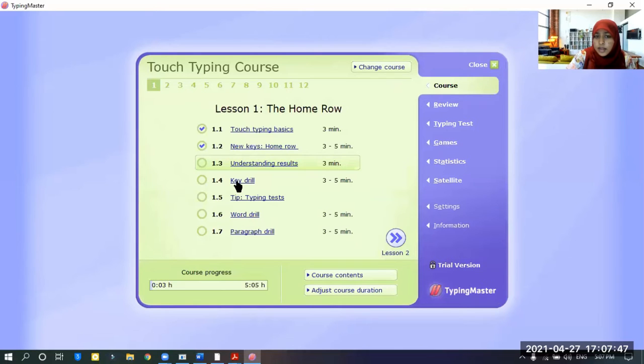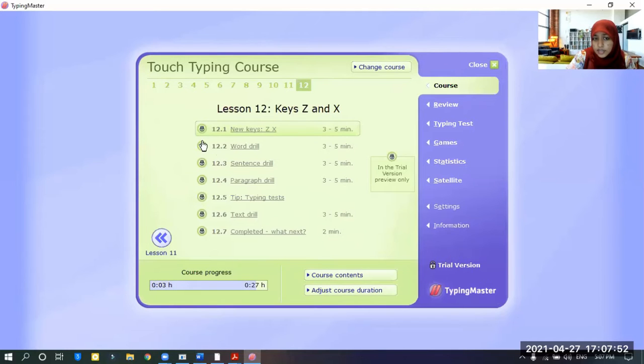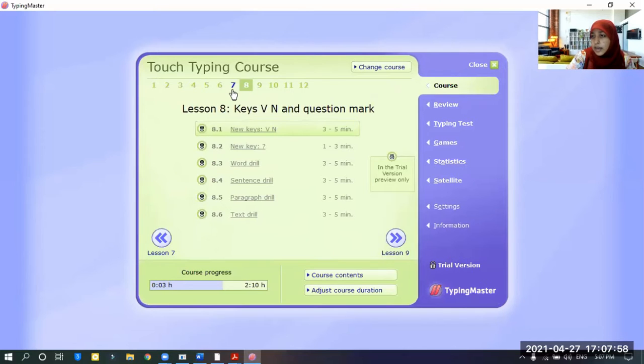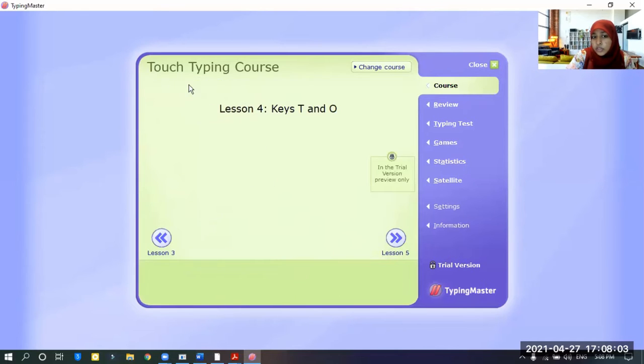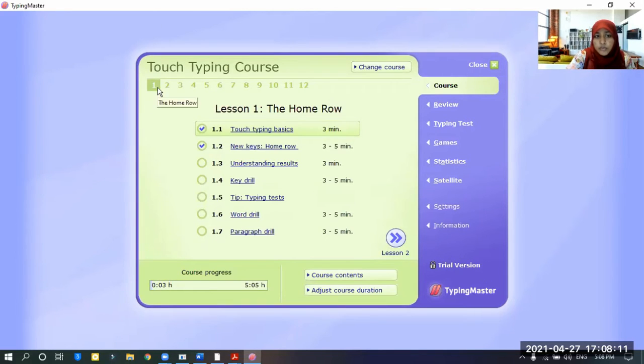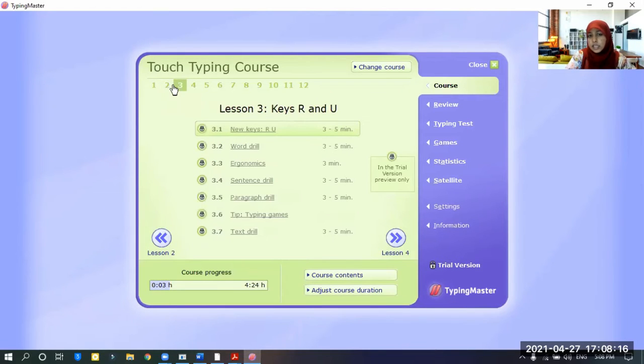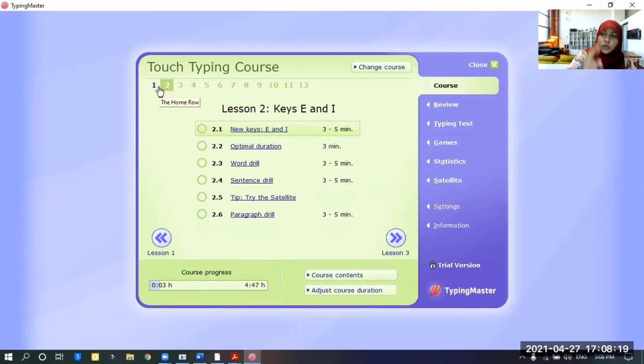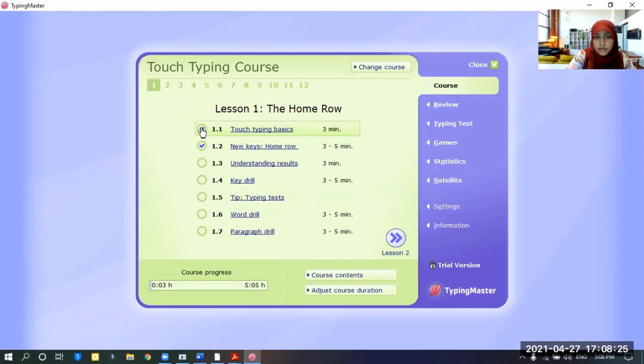As you see here, there are many courses, right? In this course, there are some blocks here, because this is not the full version. That means I haven't paid for this. This is a trial version. If you want to learn these lessons also, you should pay for them. So for now we can use the first lesson and the second lesson only. The third lesson is not open for us, so only two lessons we can play in this software. So let's play the first.